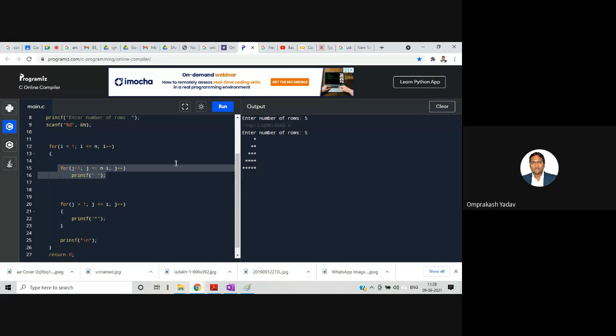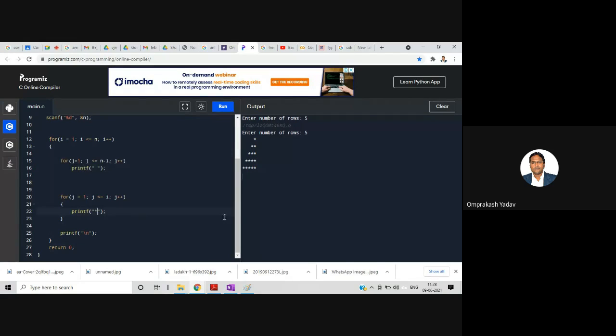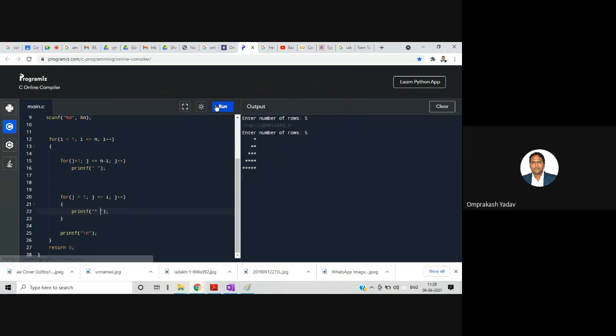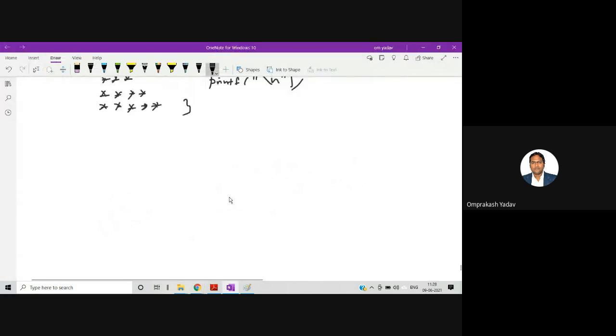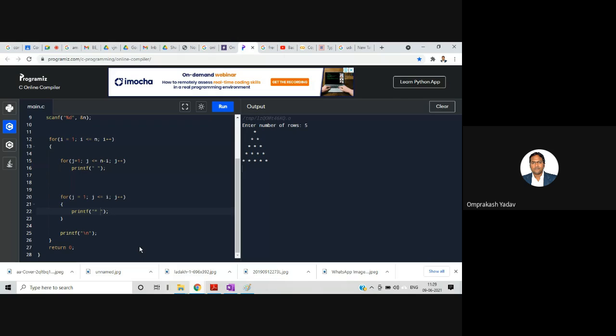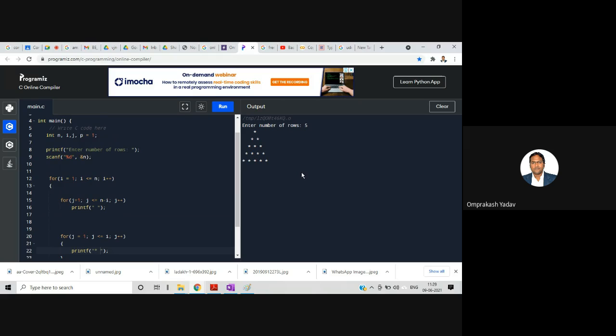Okay. And one more thing, if we just put one space over here, in place of a right angle you can get one straight triangle. Just check it. I'll run this and see this. So this is a proper triangle. I'm talking about this kind of pattern, a proper triangle. So what I did, I just put one space after this star. And if we write the reverse loop like I equal to n, then you can get the opposite of this one, I mean the reverse of this one.